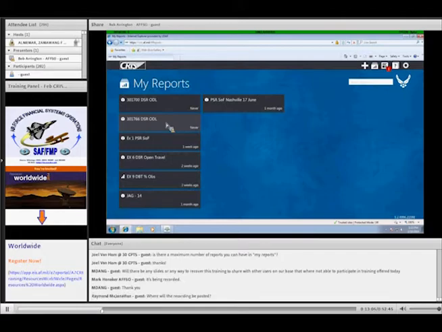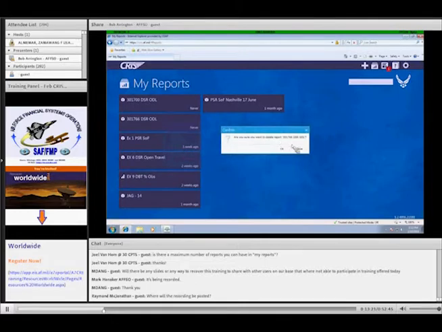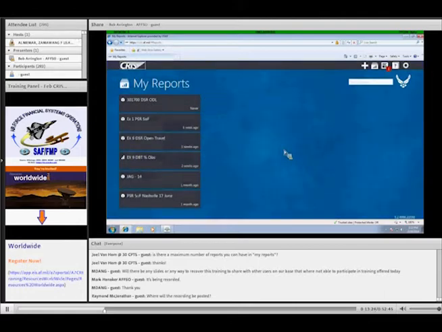If it's one you never need again, you can just simply right-click on it, just like I just did, and then notice you have a delete option that is there, so I could just click delete. It's going to ask me if I'm sure, so it's asking me to confirm it, and I click OK, and it's gone.